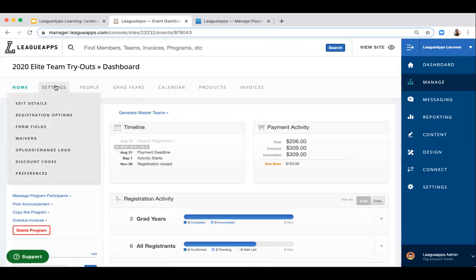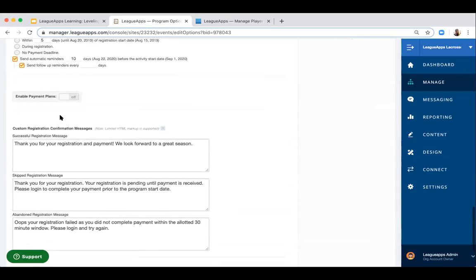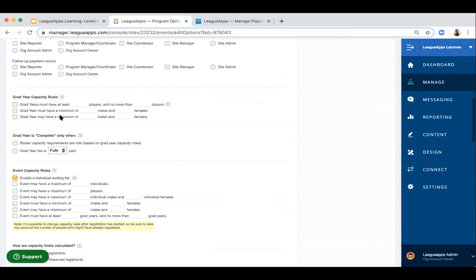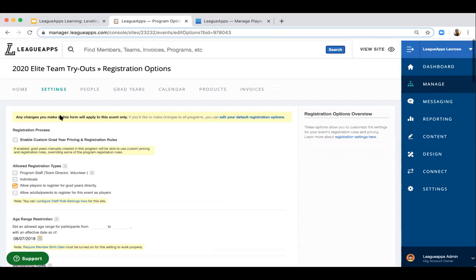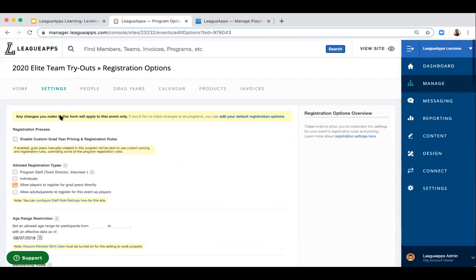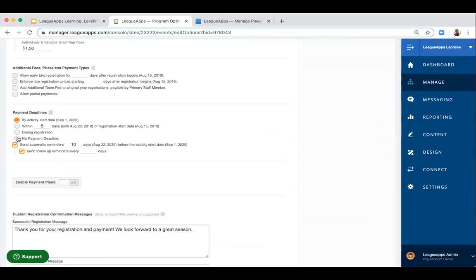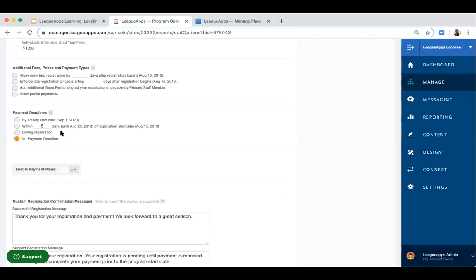So on a program dashboard, I would go to settings and registration options. So this is the exact page that we were just on, but now this is specific to the program. So payment reminders, which is right down here with payment deadlines. If I had no payment deadline, then I'm not going to have the ability to send reminders.